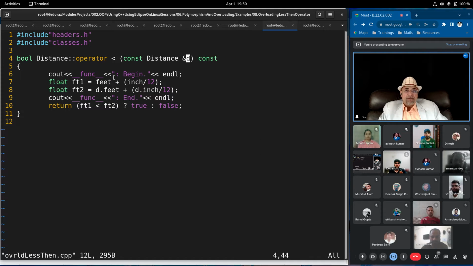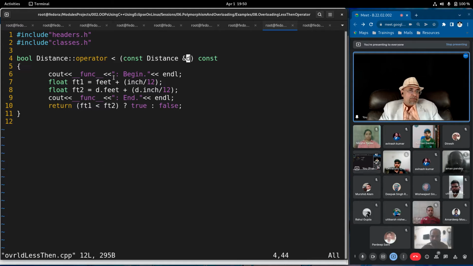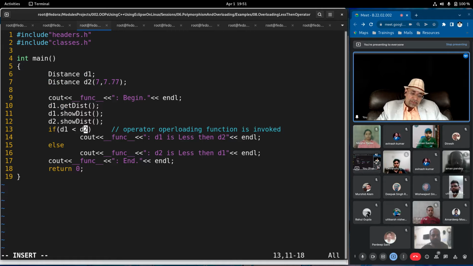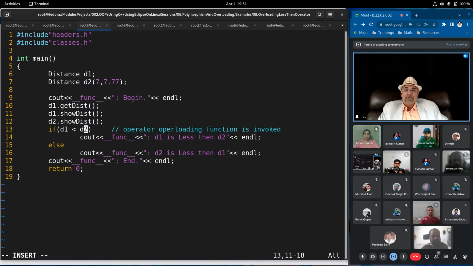It is an identifier. So that feet and inch, which is referred by D2, now have two references. One is from D2, ID is D2, and ID is D as well. This is not a pointer. You will treat it as an ordinary variable referring to the same members. So that is why we have used D dot and not the D arrow, because it is not considered as a pointer. If I would have passed address of D2, that would have been captured here as a pointer to object. Star D. This would have been star D. It is a reference to D, meaning it is a new name, an alias, given to the same D2.